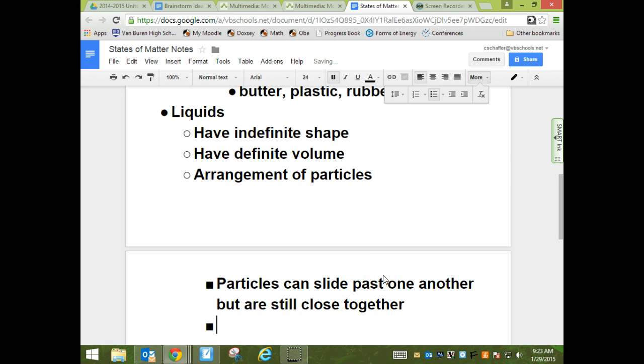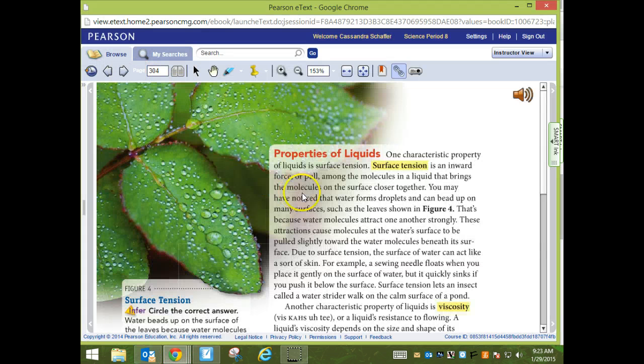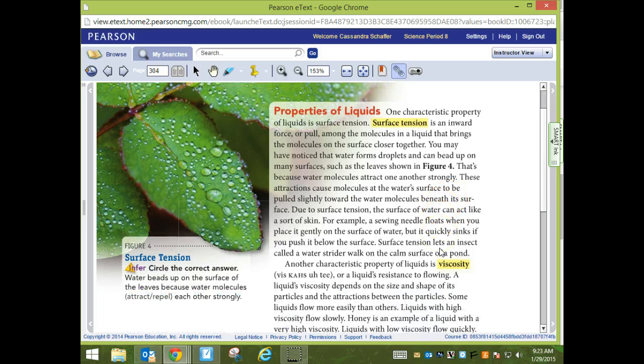And we have some important properties of liquids that we need to look at next. So the properties of the liquids, you're going to actually notice that we have some things here that allow us to have that balloon do that cool thing that we just saw in the video. One characteristic property of liquids is surface tension. Surface tension is an inward force or pull among the molecules in a liquid that brings the molecules on the